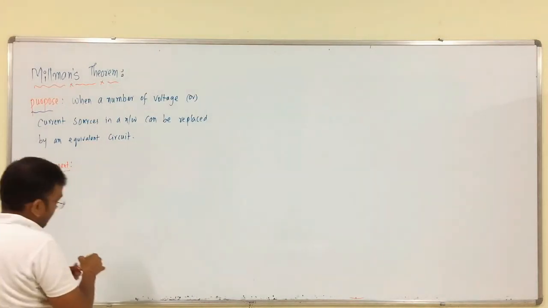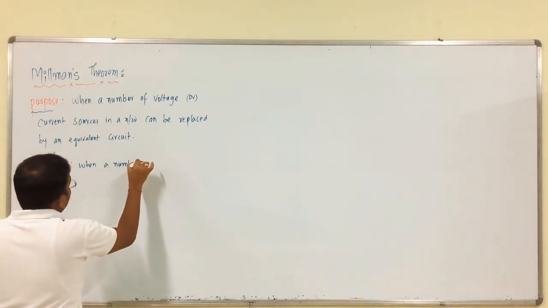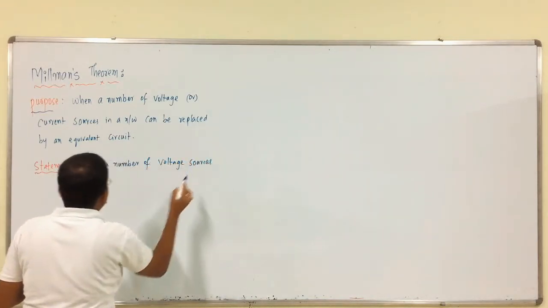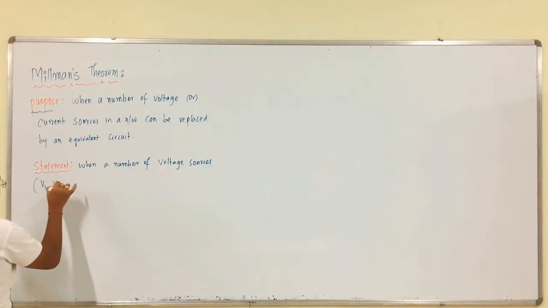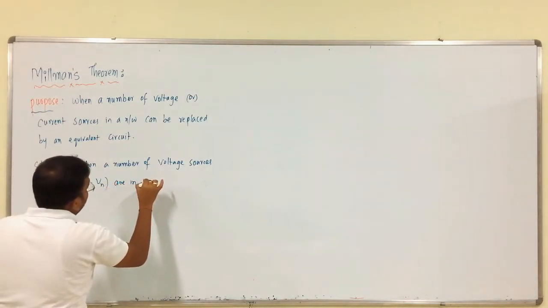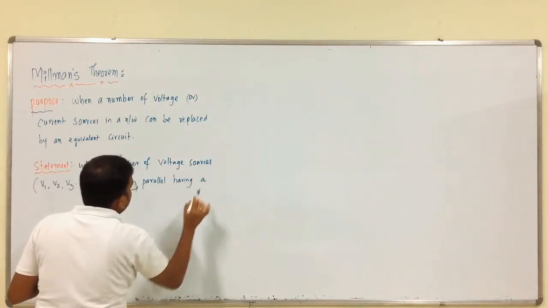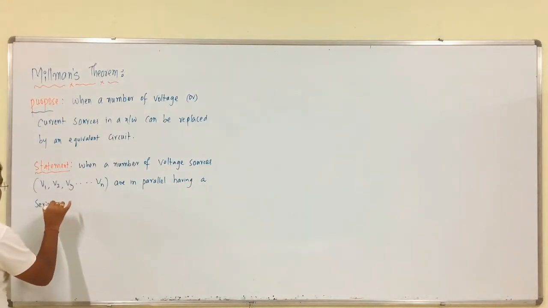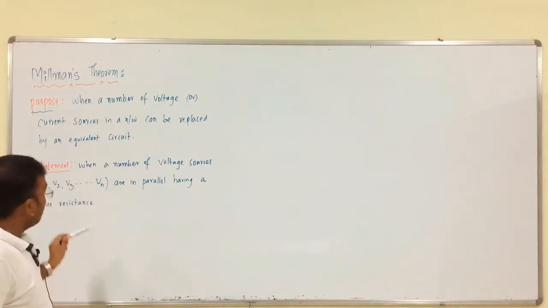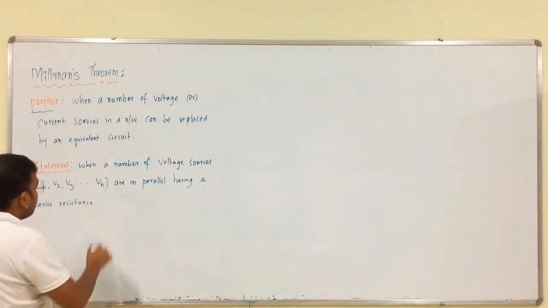What is the statement? That is, when a number of voltage sources, those are V1, V2, V3 up to so on, are in parallel having a series resistance in each branch,